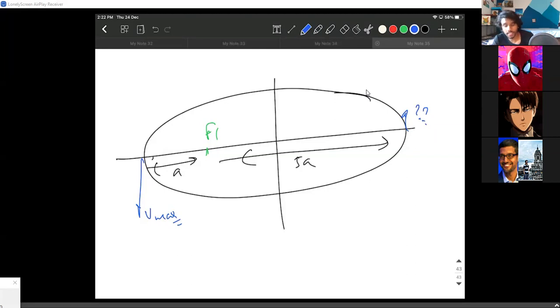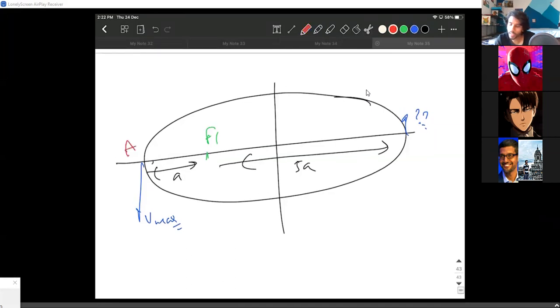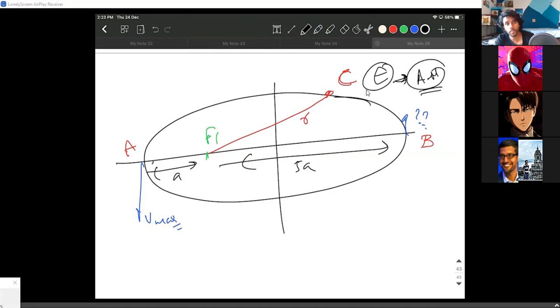Now, guess what, guys? It's not just point A and point B. You can use any random point C also to write the energy conservation and the angular momentum conservation. You don't have to just take these two points, but nobody is going to ask you at these random points. Even so, if somebody asks, you should be ready to write the energy conservation and angular momentum conservation for two different types of problems in elliptical orbits.